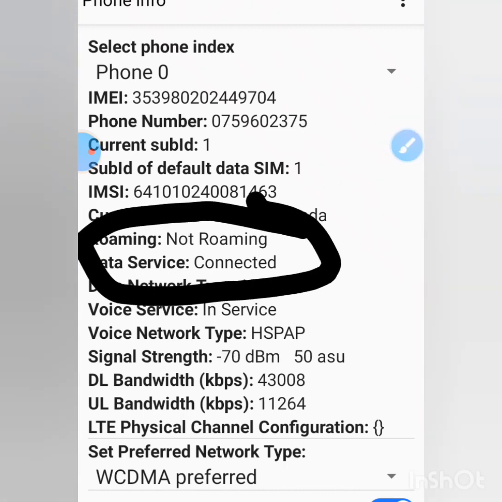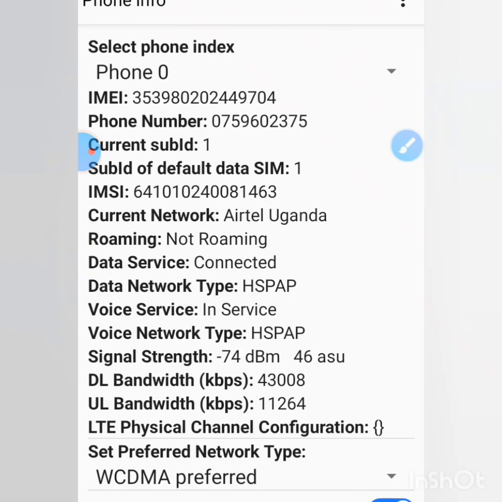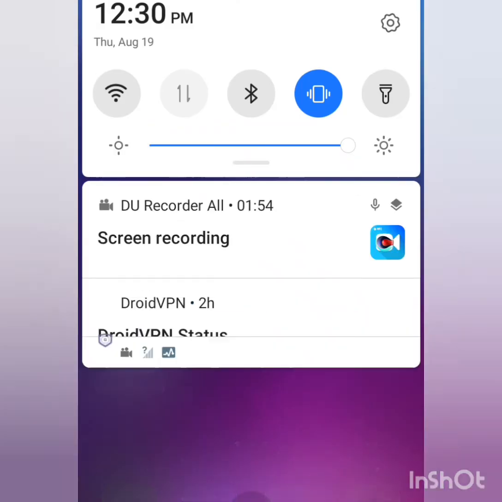So that's it. As you see, data service is connected, even voice service is in service. Yeah, there you can receive calls,